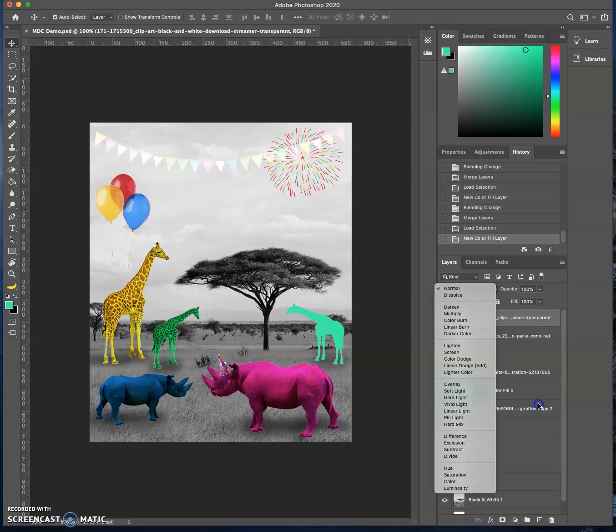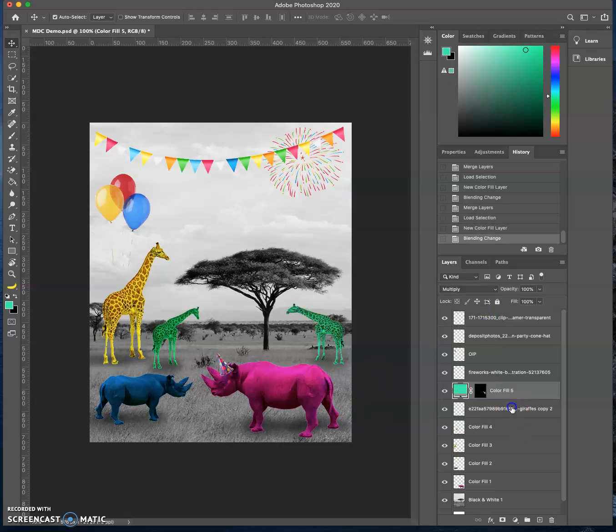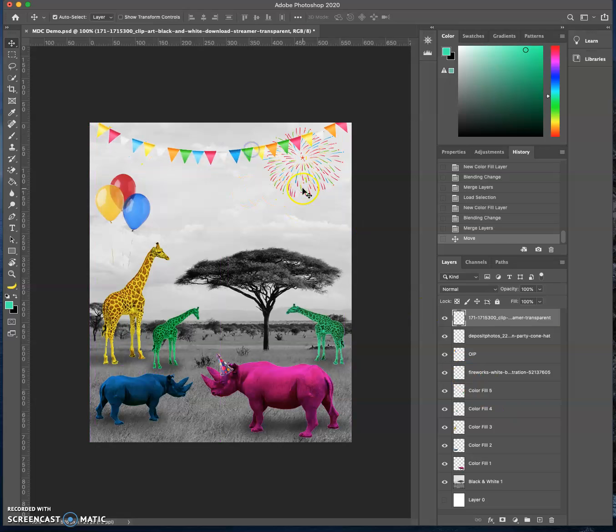Oops, there we go. Multiply, merge those layers. Hold down Shift, select both layers, do a Command E. Command E will merge the layers together. So now I've got my